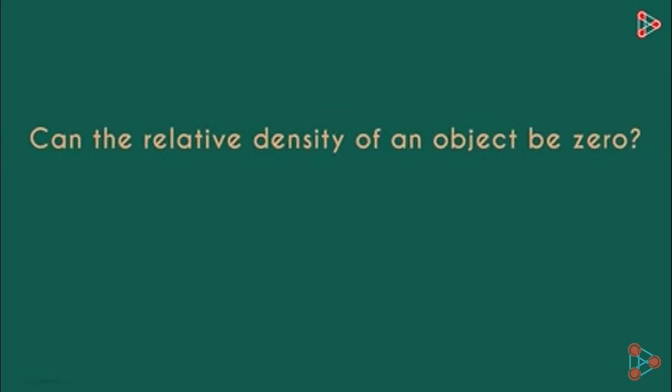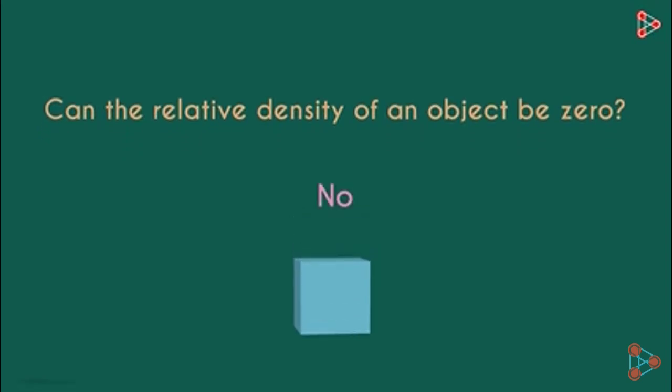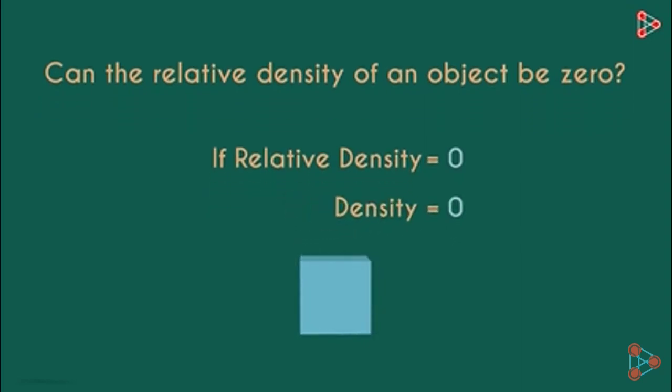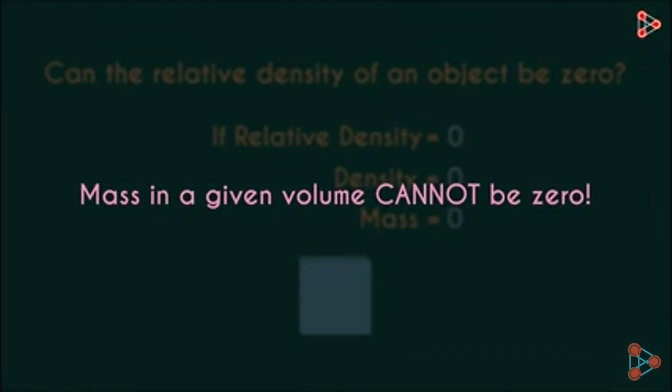Okay, here's one last question for you. Can the relative density of an object be 0? The answer is no, it can't be 0. Because if the relative density is 0, it will mean that the density of the substance is 0. Which in turn will mean that the mass of the substance is 0. For any given substance, its mass in a given volume cannot be 0. And you should also know that relative